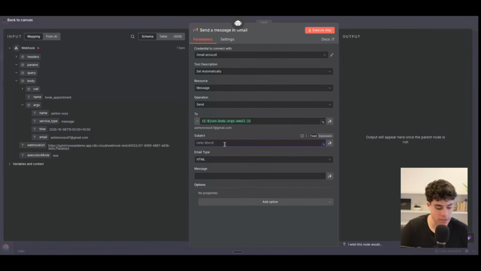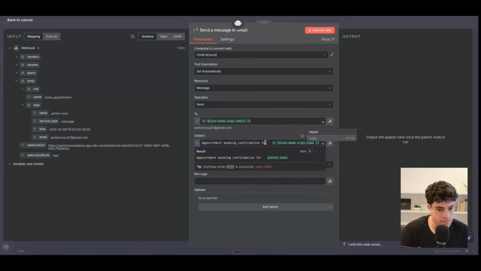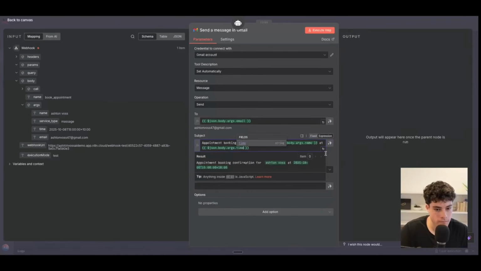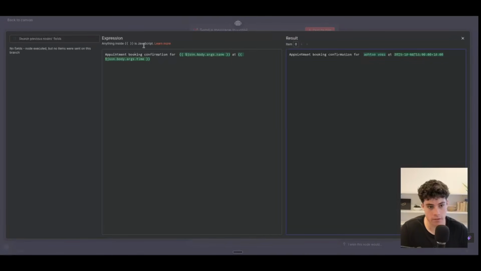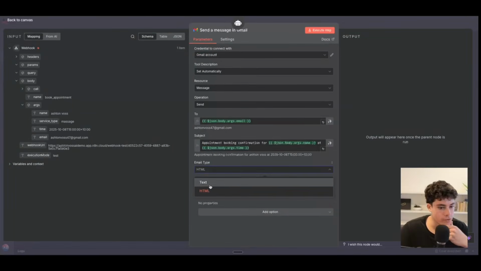The subject will just be appointment booking confirmation, right? Appointment booking confirmation. And then we can just do like for whatever the name is. And then we'll just do at the time right there. Right, so that's what the subject is going to look like. Just fix up these little spaces in here. Okay, awesome. All good. So then let's do text right here, message, and then we'll just say hello,